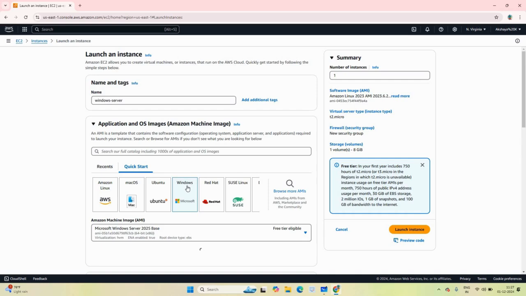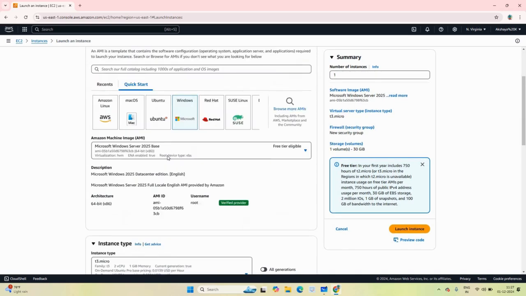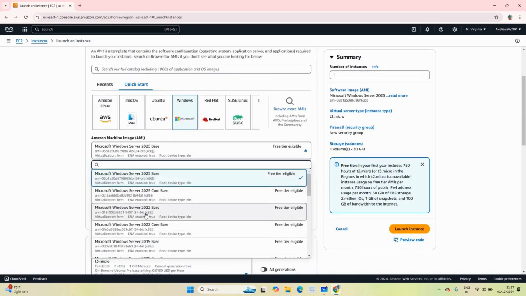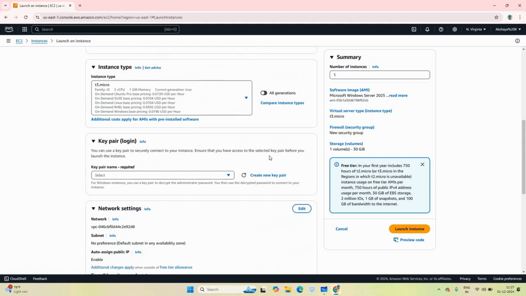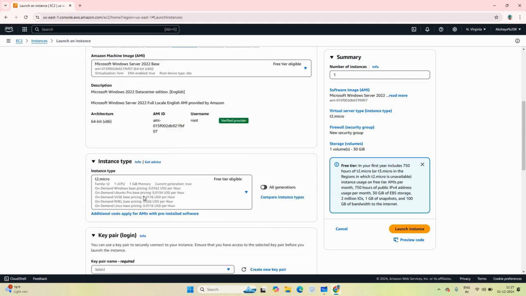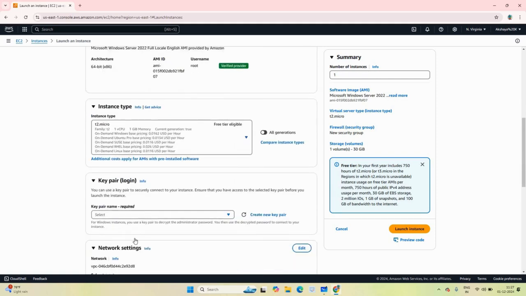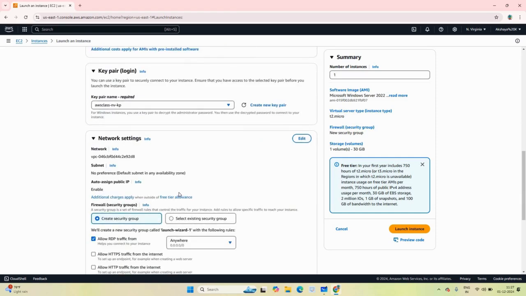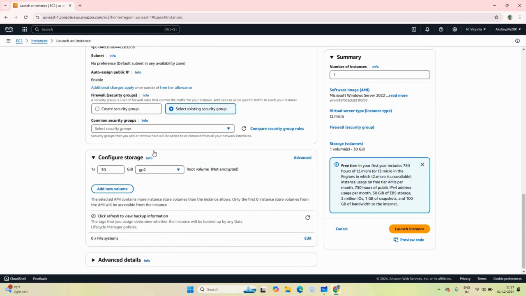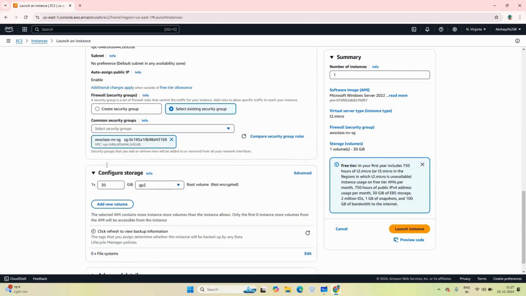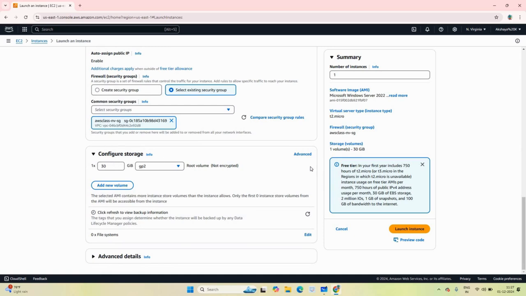I'm going to click Windows OS. Here, Windows Server 2022, and it is T2 micro, selecting existing key pair and selecting existing security group. So here, configure storage. While we click advanced,